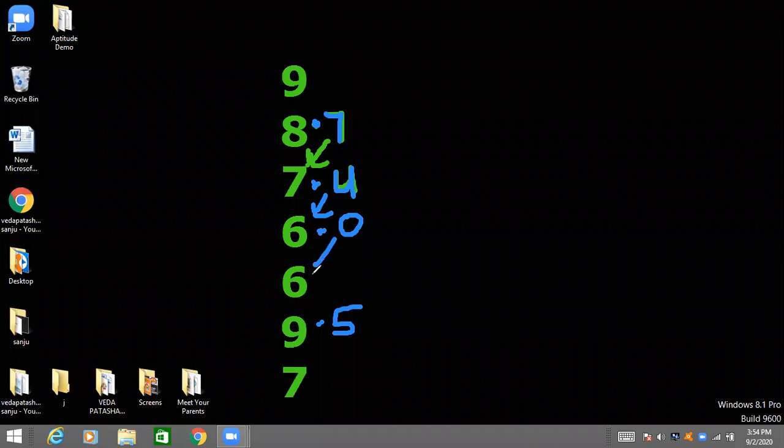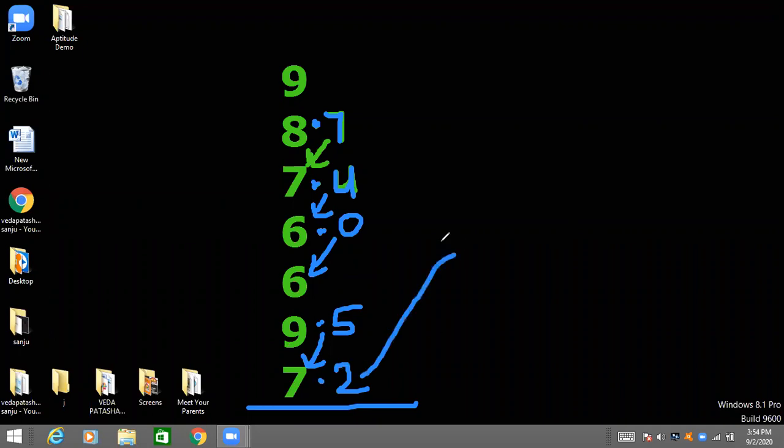And 5 plus 7 is 12. Again we got the end number. So to write the answer, the procedure is: after adding the last digit, what end number did we get? 2. So you write this 2 as the units place digit in the answer. After adding the last digit, if we get an end number, or if we get a single digit like 7, directly we need to write that number as the units place number in the answer.